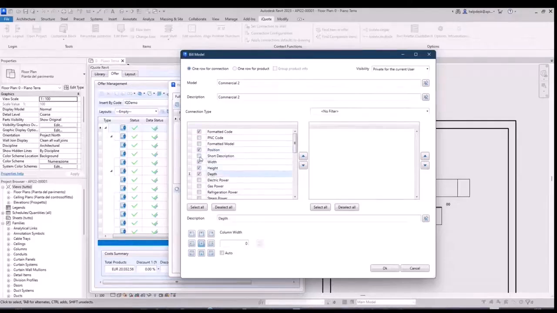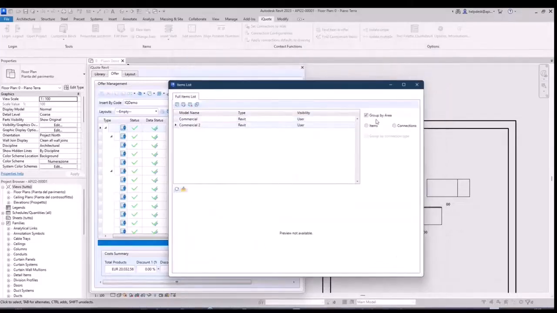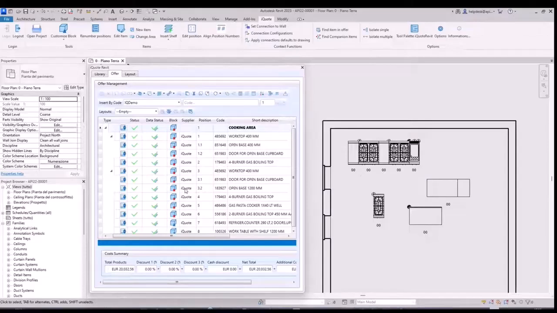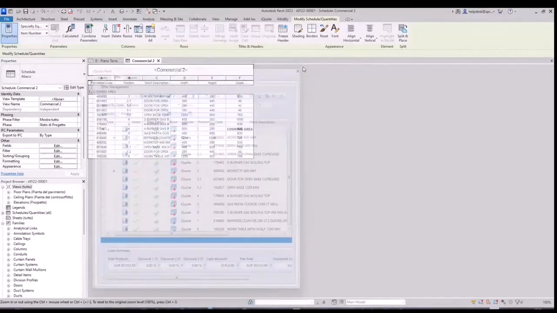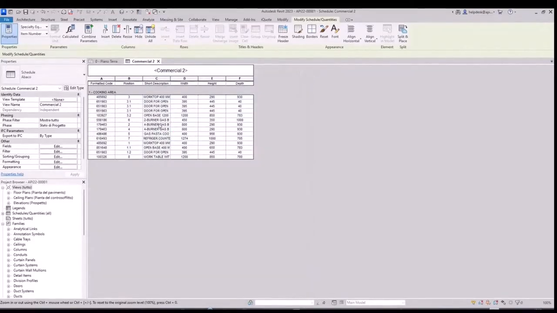Okay, this is our legend. I can decide to group by area or not, and I have to decide if I want a legend for the items or for the connection. Let's start with the items, and with this button I have the commercial legend here. I close my palette, so I go on my legend, and